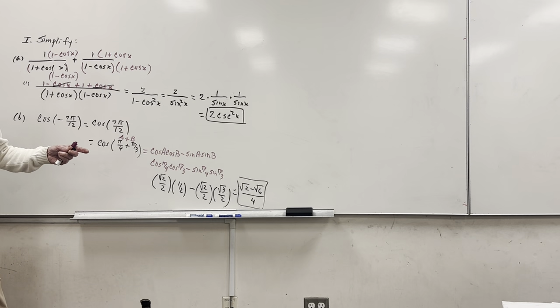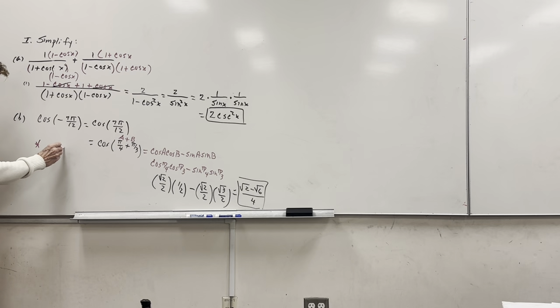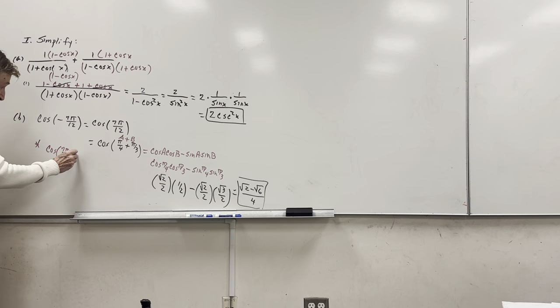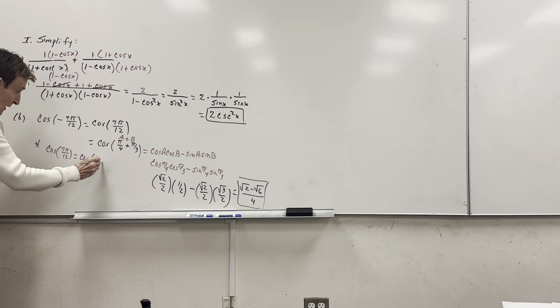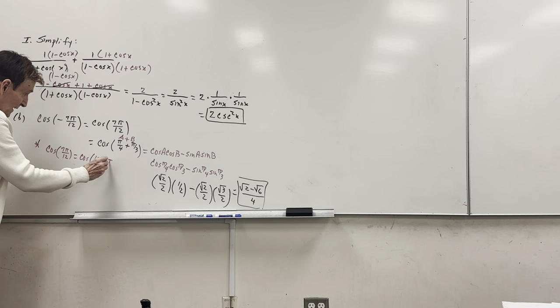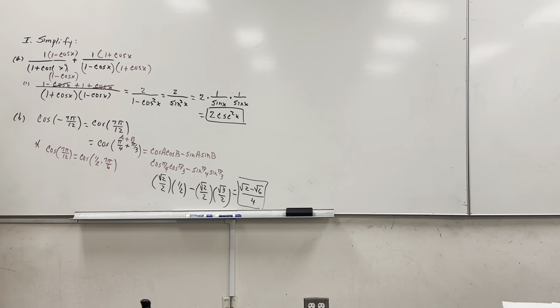Now, alternative, if I just say find it, not tell you how to find it, an alternative to get that answer up here. Now, this may not look the same, but it'll work out. Cosine of 7 pi over 12, if you guys will agree, could be for this alternative method, written as cosine of 1/2 of what, 7 pi over 6? That true, guys? And then you could go through a half angle formula